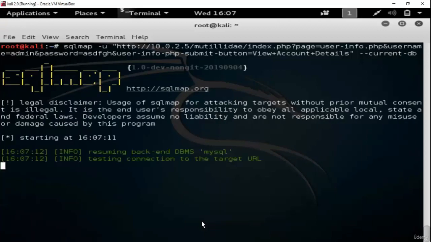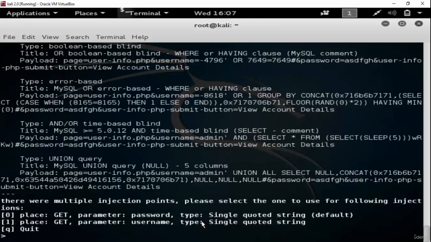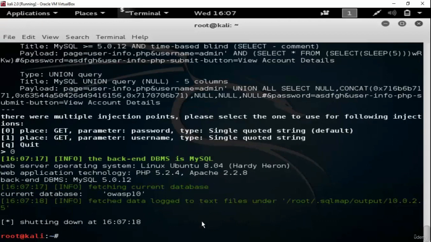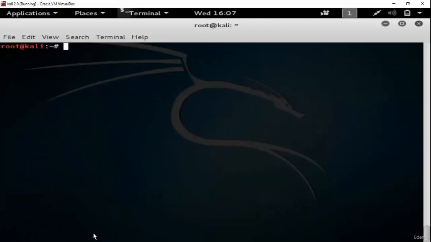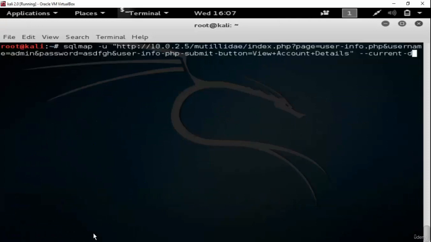So we are asking SQL map which is the current database. Here press 0, which is default, and now you can see that the current database name is OWASP 10. Okay, so let's repeat the command, and this time as we know the database name, so we use -d and then the name of the database, and then